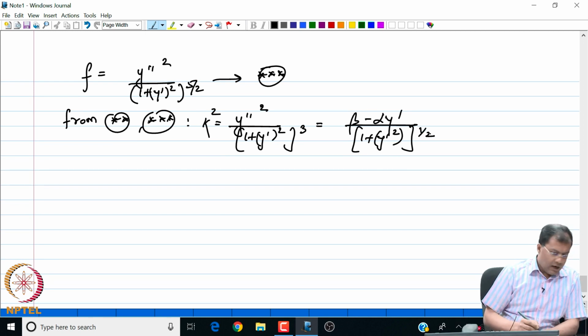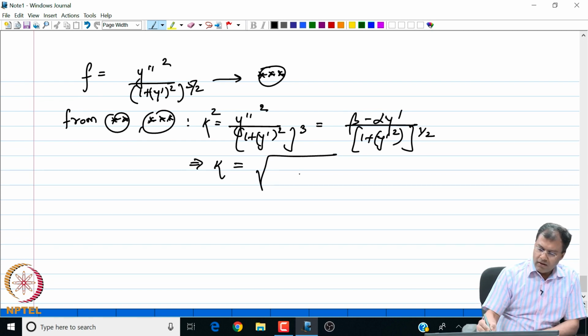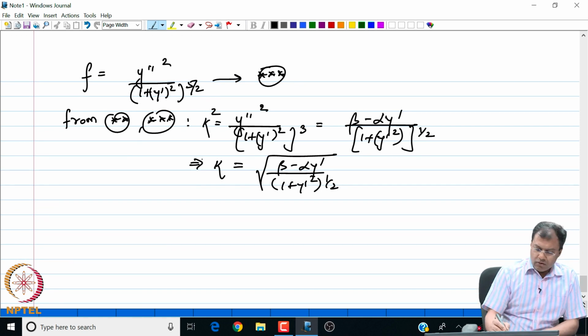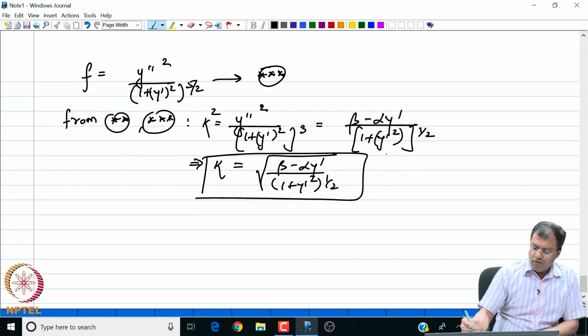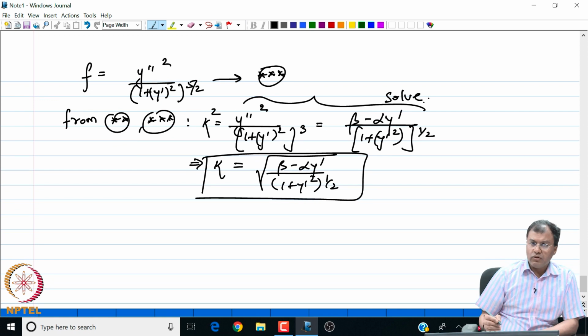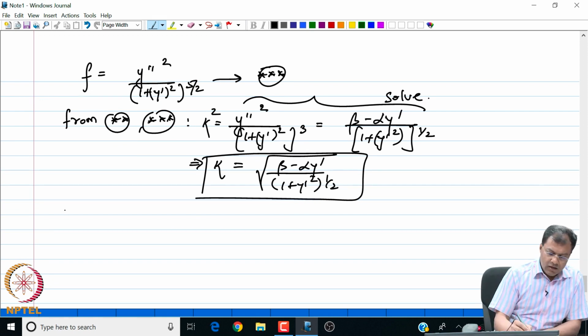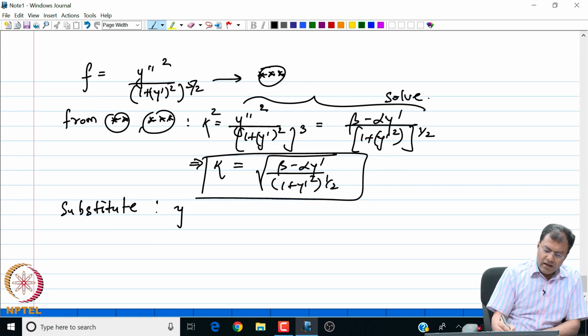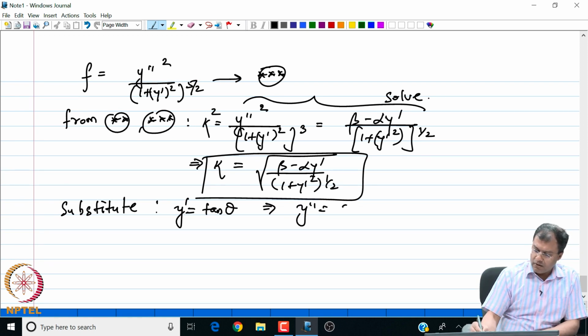Okay. Or I get that kappa, my curvature, is square root of this quantity beta minus alpha y prime divided by this square root 1 plus y prime square. Okay. So then, one way is to solve this equation. So, we need to solve this, right. The direct solution is not possible. So, we use some substitution. So, again we start with the substitution y prime equal to tan theta. So, I get that y double prime is equal to secant square theta d theta dx,